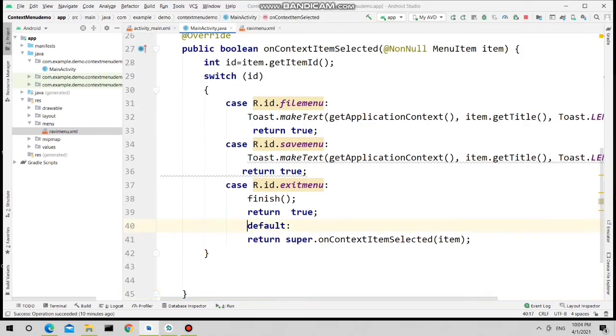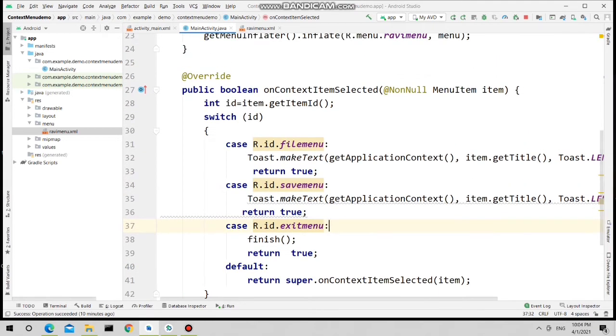What is the code for onContextItemSelected? This method will be called whenever the user selects a menu item of your context menu, and the object of the selected menu item will be given to this method as input.